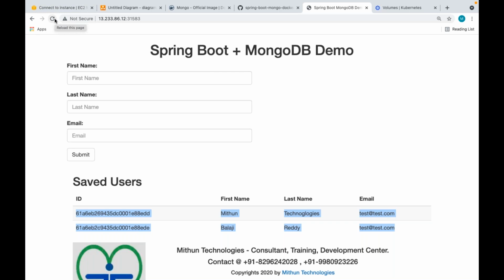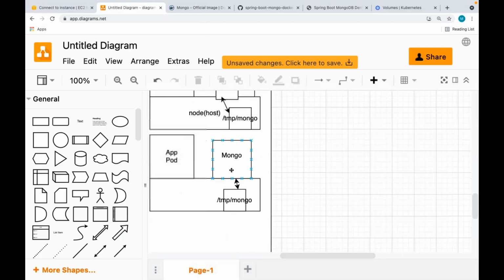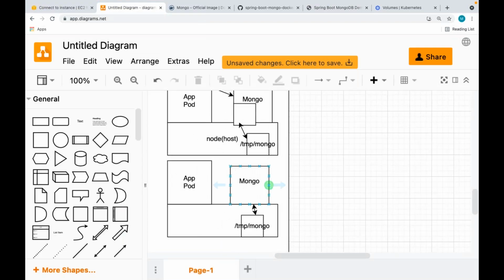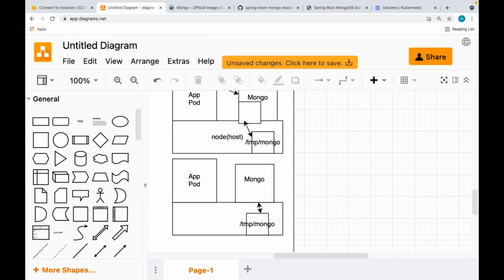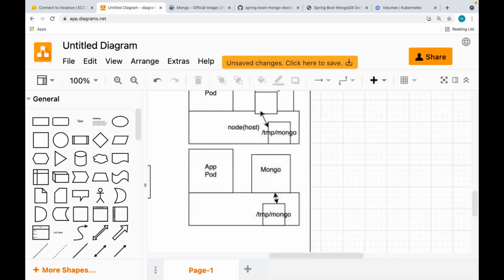No. So in that case, if I want to handle these kinds of scenarios also, can I go for external volumes like NFS, EFS, EBS instead of local hostPath?